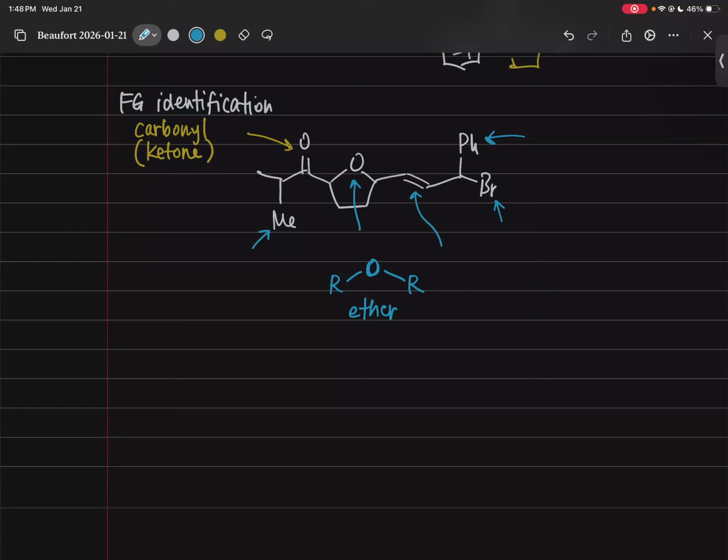So the bromine there, that's an alkyl halide or a haloalkane, if you like. The Ph, we talked about that one, that's a phenyl group. The carbon-carbon double bond, what's that one? Alkene. And Me,